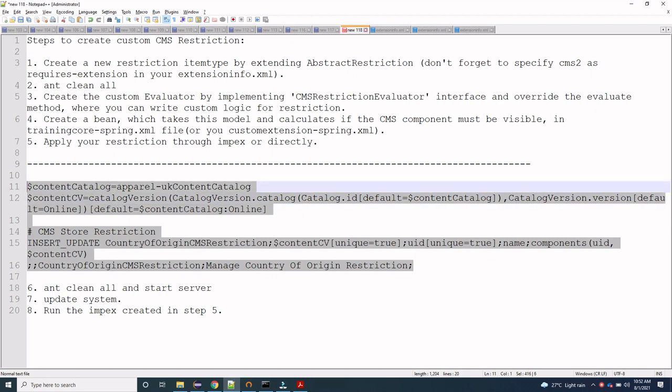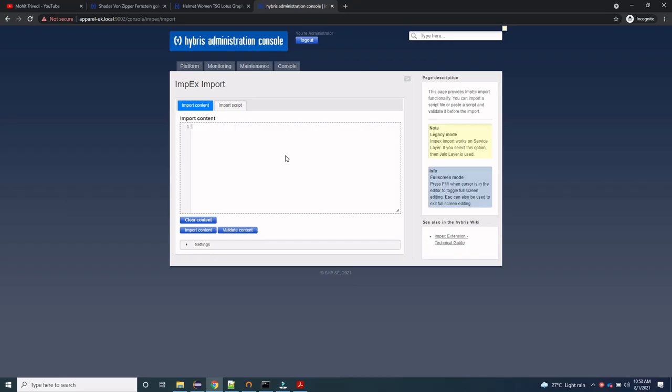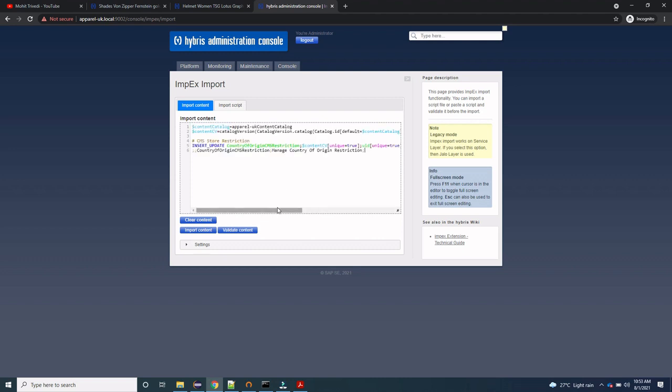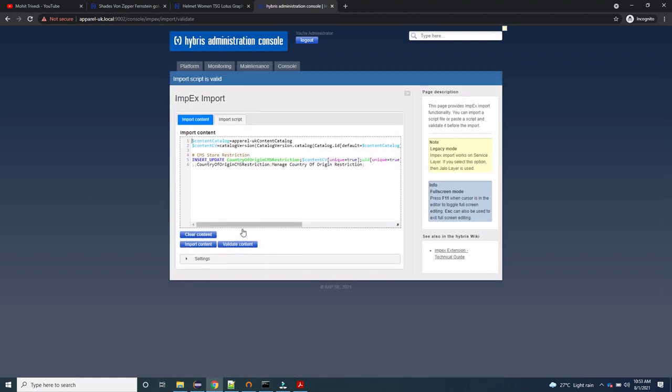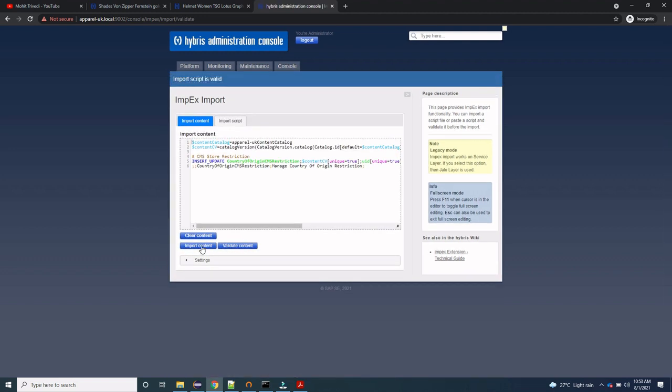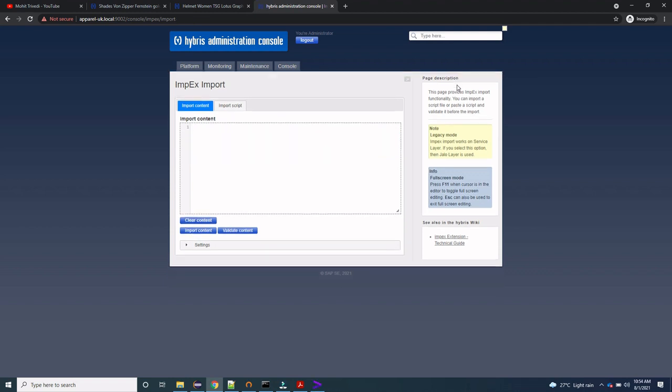So we will copy this, go to the impacts import, and paste the impacts. Here we have pasted the impacts, we'll validate the content, and after that we will click on import content. So the impacts imported successfully.